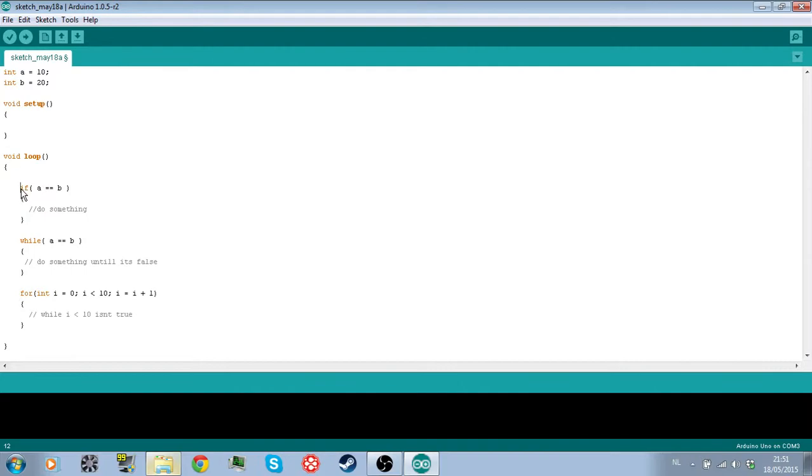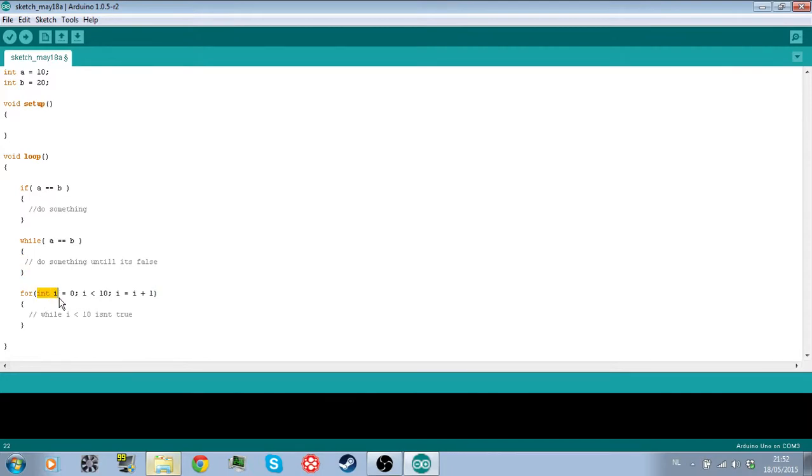So when you come across an if, you just check once if A equals B. You must use two equal signs. If you use it once, you'll make A equal B. We have to check if A equals B, and then we do something in here. Next up, we type while A double equals B, and what we're doing here is, as long as this is true, repeat this. And for the for function,